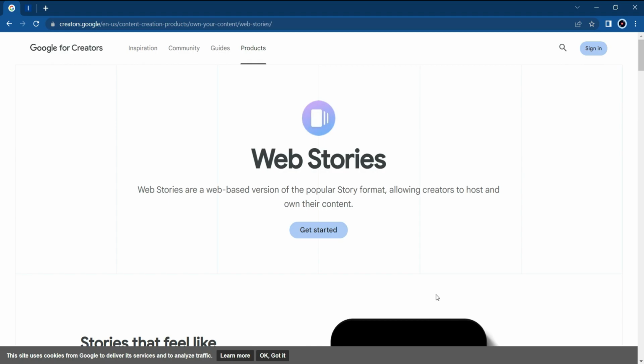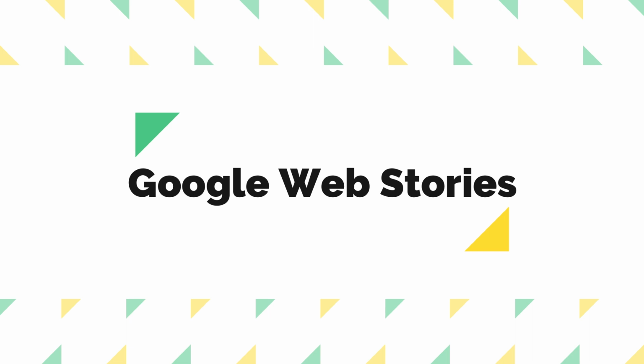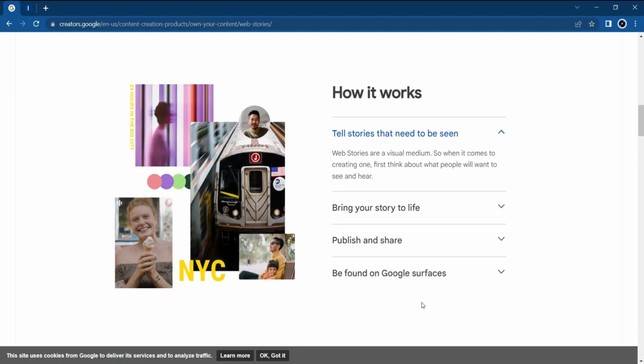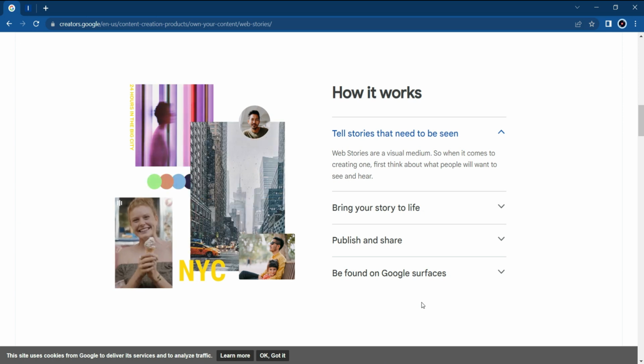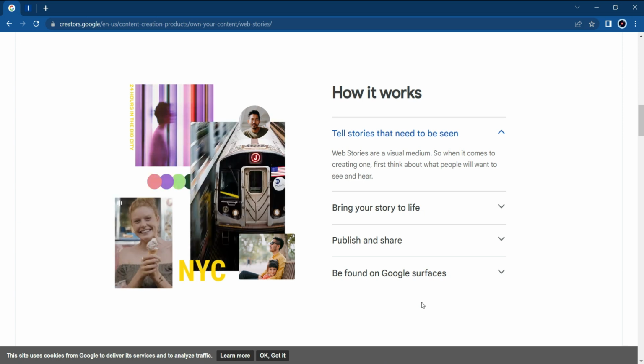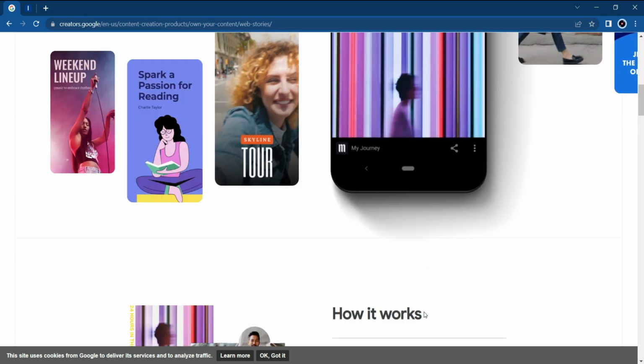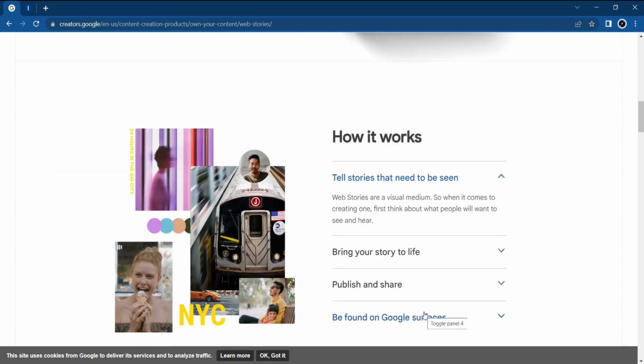So hey guys, in today's tutorial I will show you how you can create Google Web Stories. Google Web Stories will help you generate a very good amount of traffic, and from that traffic you can convert it into a revenue source as you wish. It is a series where I will show you how you can create Google Web Stories that rank